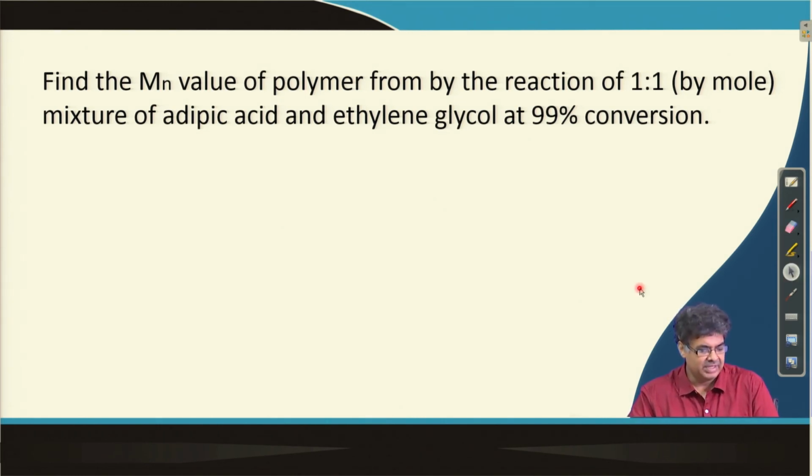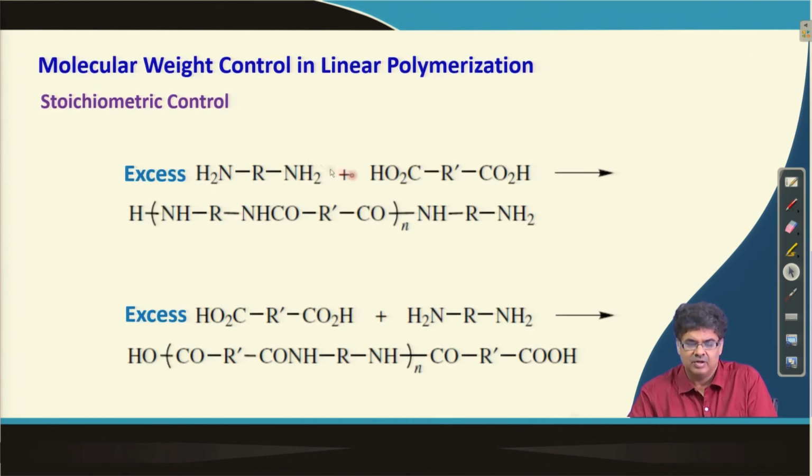We will go to the next case, where one of the molecules is present in excess. As we have seen in the last example, we can control the polymerization to control the molecular weight. If we control the p value, then we can control the molecular weight, but one problem is that at the end we get a polymer having the functional group present in the polymer.